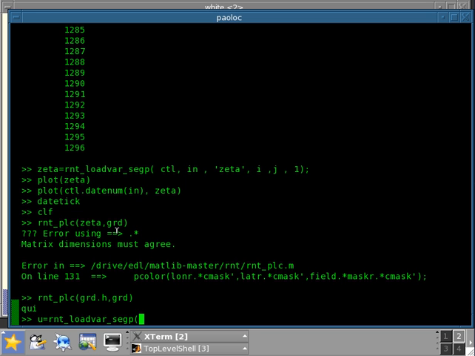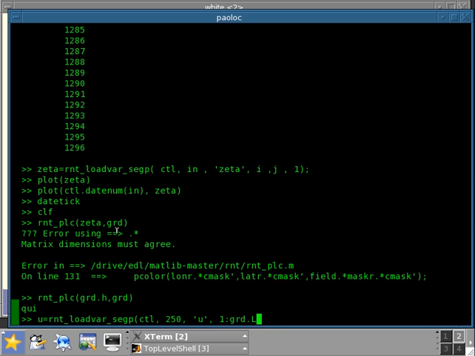Okay, and then I'm going to load from the CTL. I'm going to load, for example, record, say 3,000. No, say 250. Just any record or a whole bunch of records that you want. I'm going to load the variable u, and now I'm going to load, you know, the entire